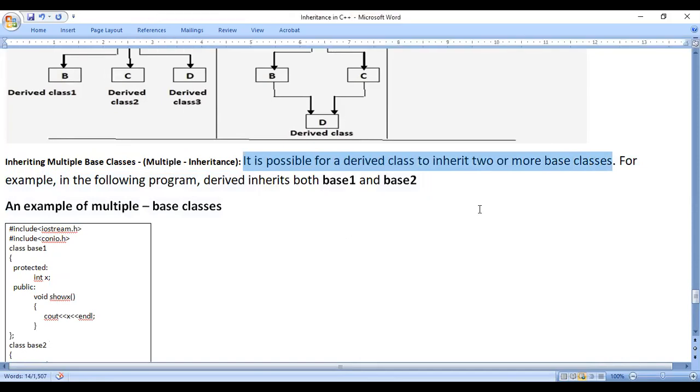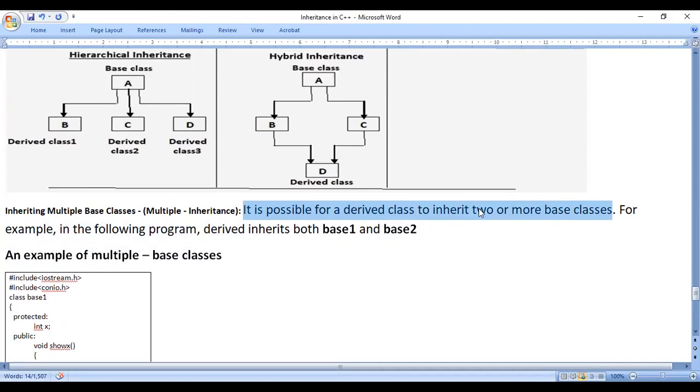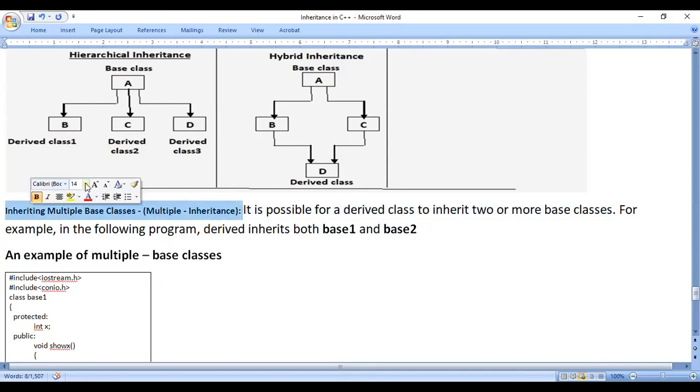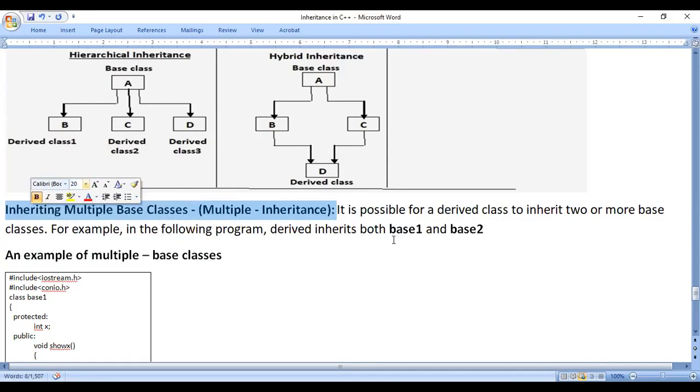That means the derived class can get the properties of two or more base classes, then it is called multiple inheritance.